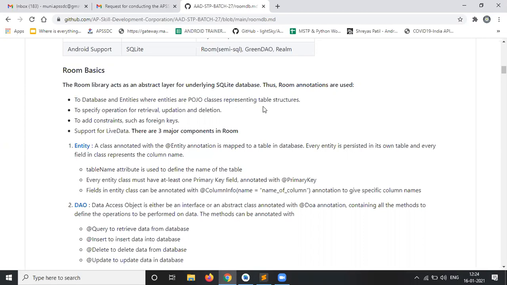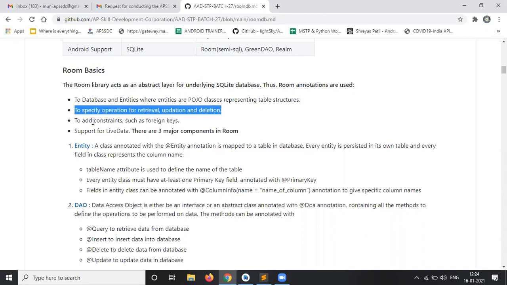In Room database there are tables, and the tables are represented by POJO classes. And to specify the operations for retrieval, updation, and deletion, we can do this through Room database, so we do all the CRUD operations.